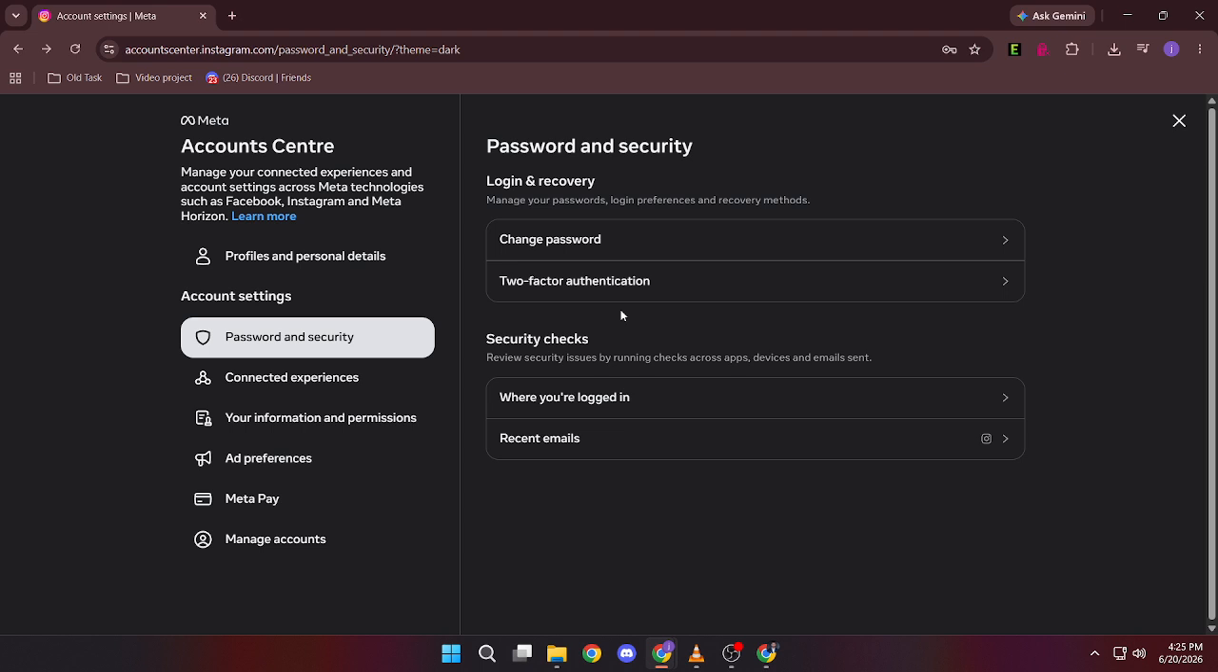password. Keeping your password updated and using strong security settings can help protect your account from unauthorized access. So if it's been a while since your last password change, now is a great time to improve your account